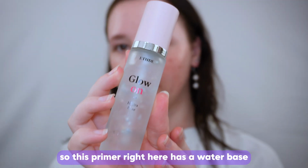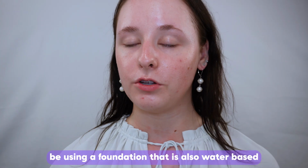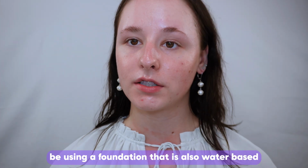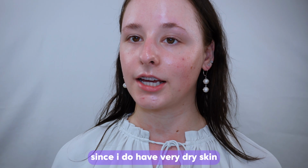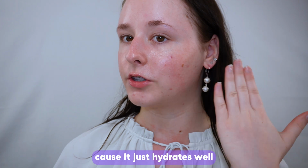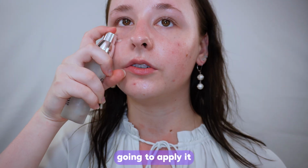So this primer right here has a water base. Since this primer that I'm using is water based, I'm going to be using a foundation that is also water based. There's oil bases and water bases, but I prefer to use water based since I do have very dry skin because it just hydrates well. If you have dry skin, I recommend a water based product. Going to apply it